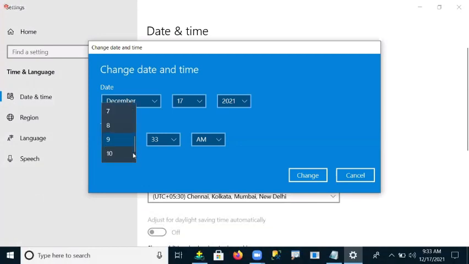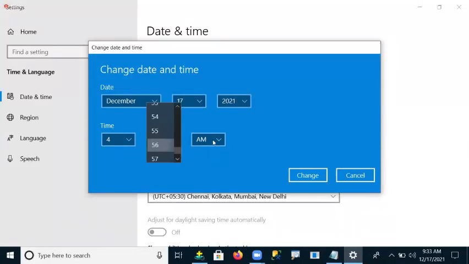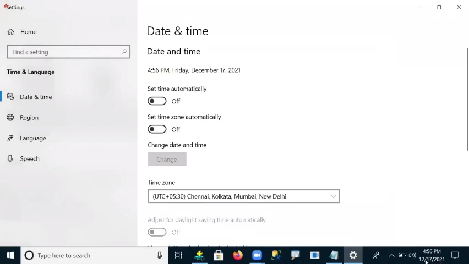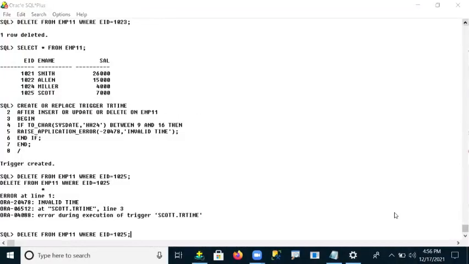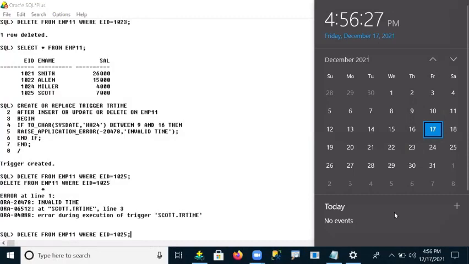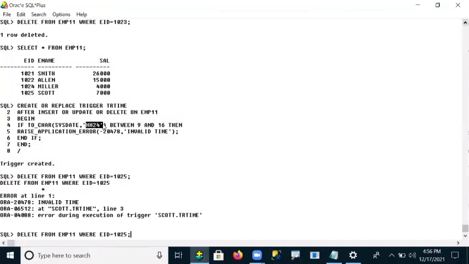Now I will take the time as 4, and here the minutes and seconds also, so 56 p.m. Come to my time now: 4:56:27 something, 4:56 p.m. So here the hour is 4, and in 24 hours 4 o'clock is nothing but 16. Then 16 is also included, because the between operator returns including the source value and the destination value.